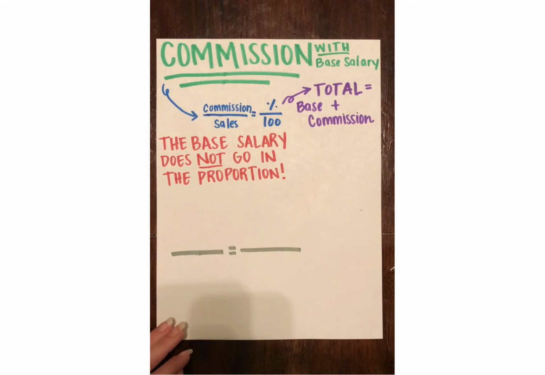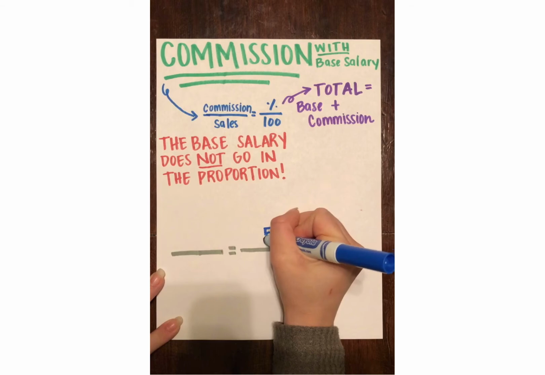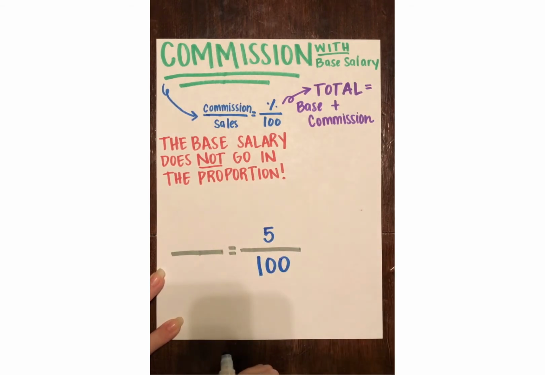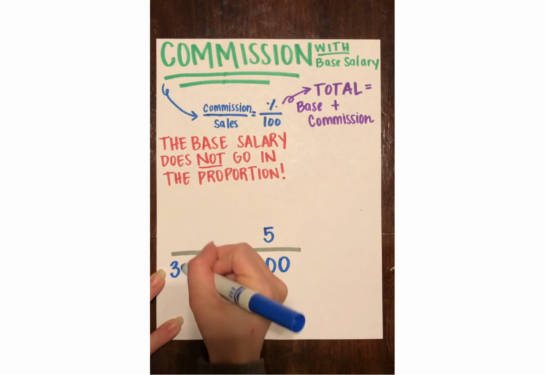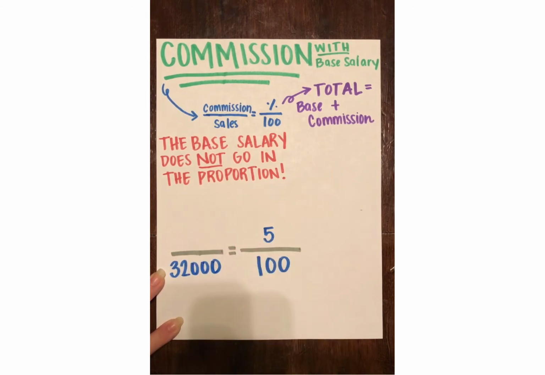So he makes a base salary of $1,000. That does not go in our proportion. He does make 5% commission, and we know our percent is always the number to go over our 100. And then it said he sold $32,000. So that is his sales. Okay? Then all we have to do